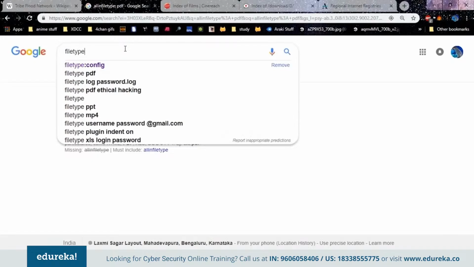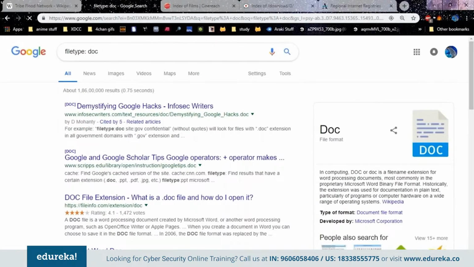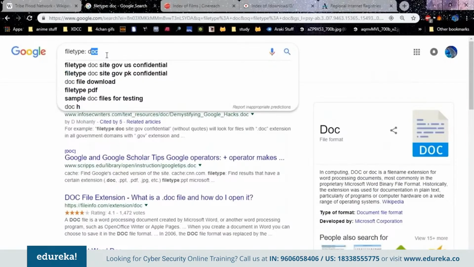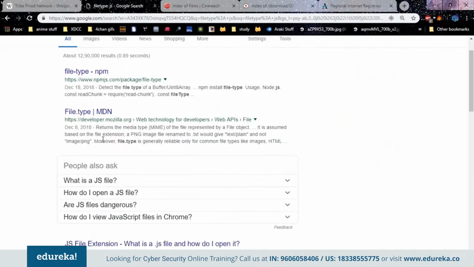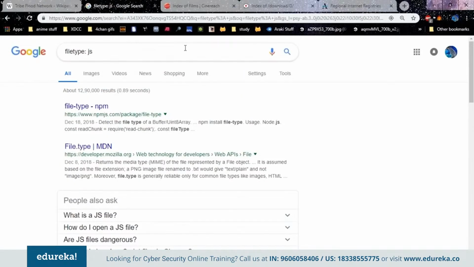So you could use filetype. So let's see, filetype:doc. So these are all the documents that you could find with the filetype operator. And you could also do JS, I guess. Yep, and this will give you all the JavaScript files that are there. So this is how you can use Google to actually narrow down your searches. So suppose you want a particular set of keywords, and we want to make sure we get the passwords file from Google. Okay, so now let's go into more details about the various things you can find using Google hacking